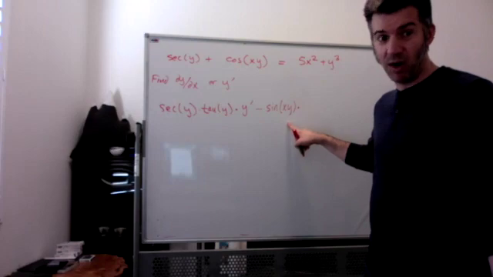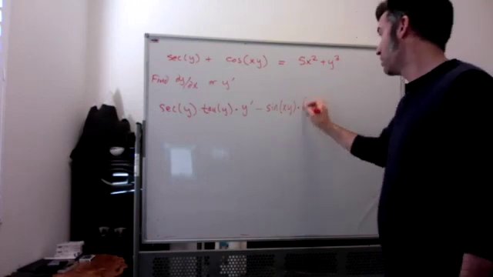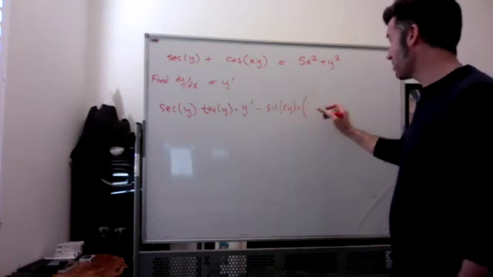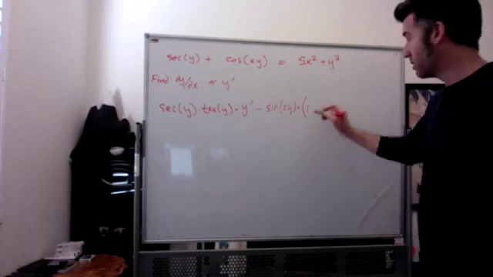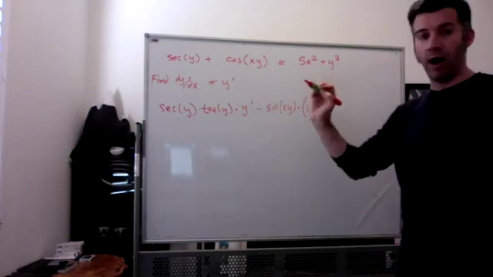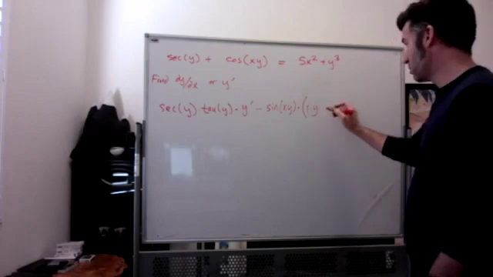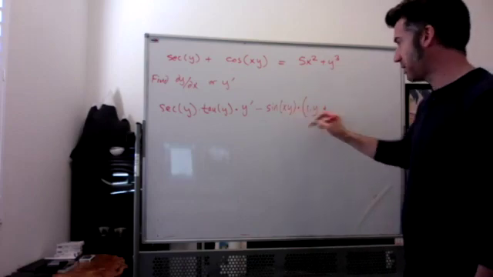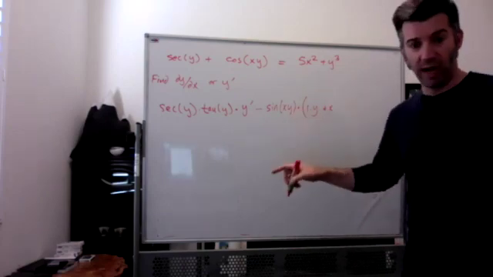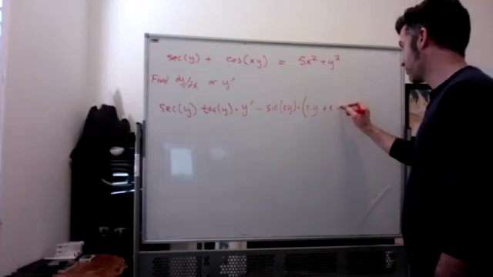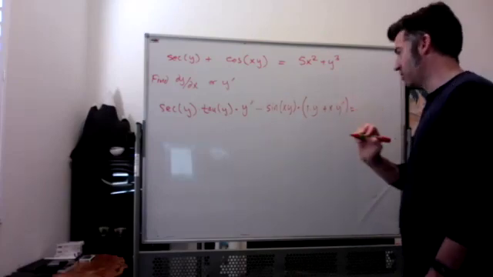For the derivative of x times y, we have to use the product rule. So the derivative of x, which is 1, times y. Then we flip it, so we add x times the derivative of y, which is y prime. Equal to,